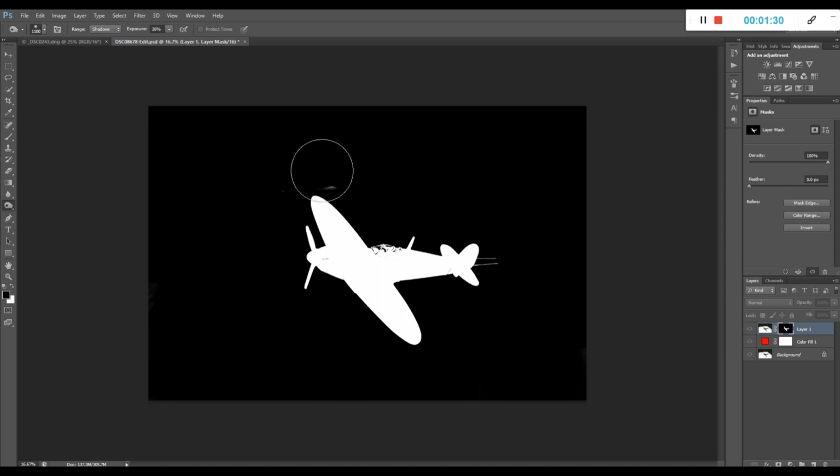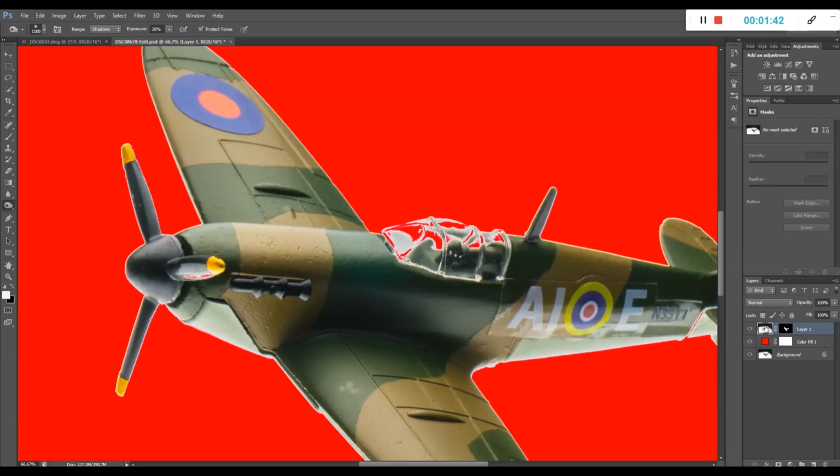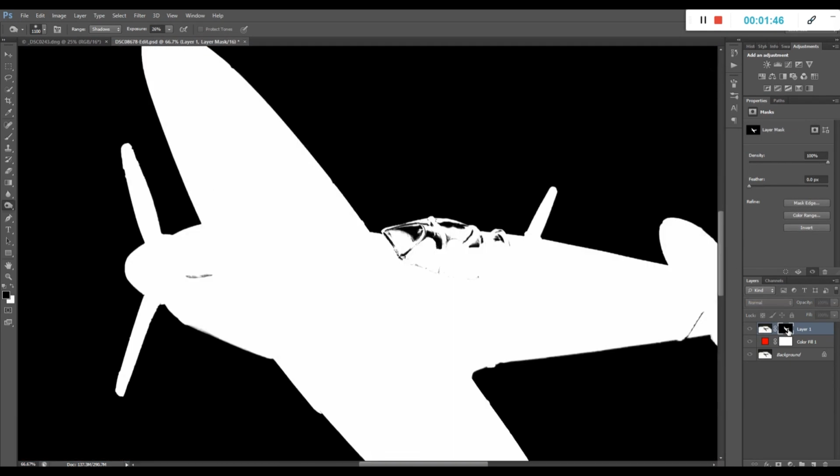And because the Spitfire itself is white on the mask, it just won't touch it, but it'll barely touch the edges. So that's very quickly. Now we've cut our Spitfire out. We're just going to go in, just check that. So as you can see, some little details haven't been masked too well, but all we have to do,